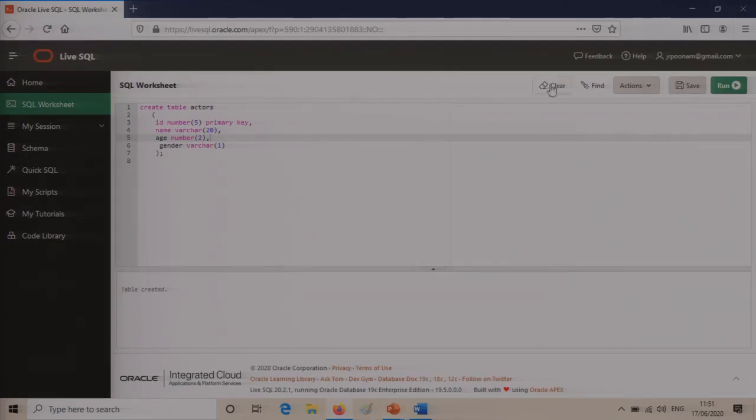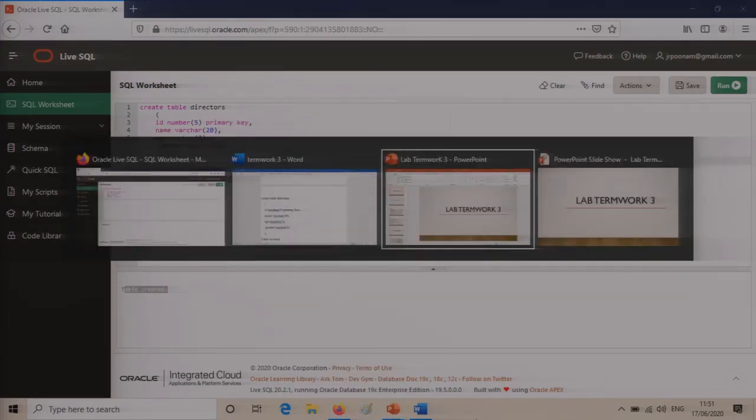I'll just clear this up because it would otherwise recreate the earlier table. Now the directors table: you can see that there are no primary keys or foreign keys here. In case I had a foreign key, I would have to make sure that the table it references in the base table is already created. So I'm creating these in that particular sequence. I'm executing it, and you can see table created. So the directors table has also been created here. Now let's go and create the next table.